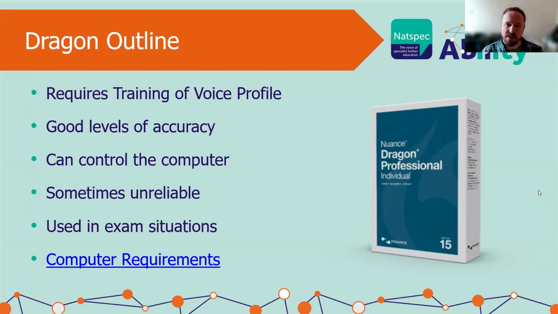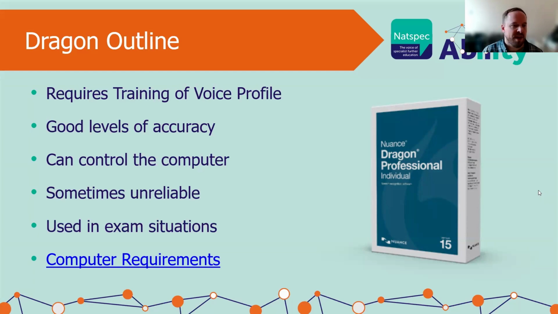So for some students who might not get on well with the built-in tools, there's a chance that Dragon will work better with them. There are little things that might make a difference. So if one of those inbuilt tools is constantly getting the student's name wrong, or a name they're constantly using, there's no way really to improve that with the inbuilt tools. With Dragon, we can make corrections. We can improve the quality of the